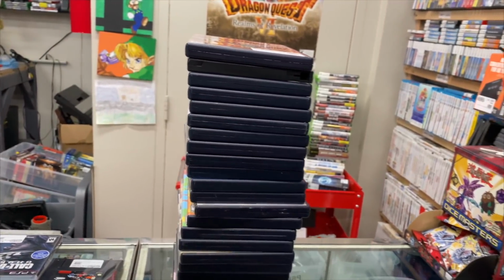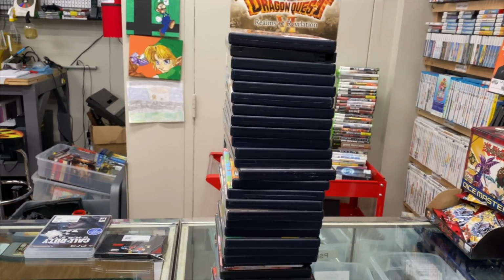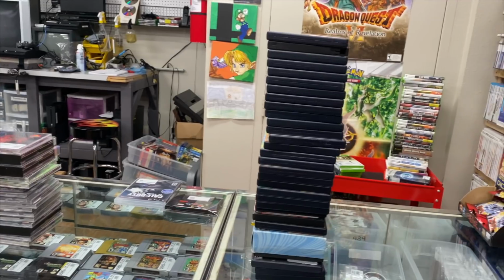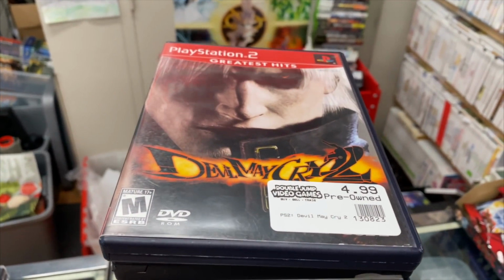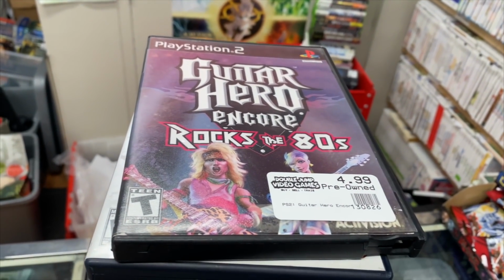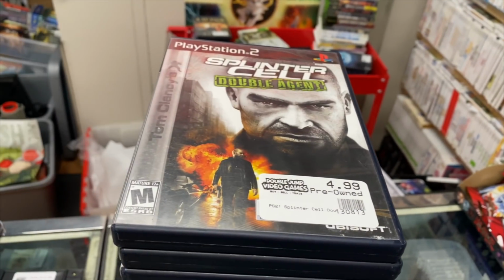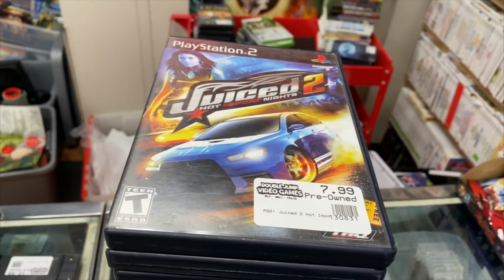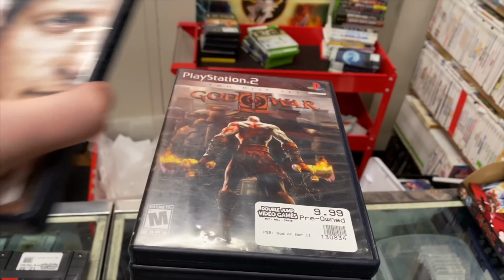The reason I saved PS2 for last is because it has more expensive games, but also quantity-wise, there's obviously just way more. But there's also more cheaper ones. So, starting off from the cheapest game, we have Devil May Cry 2, Guitar Hero, Encore, Rock the 80s, Metal Gear Solid 3, Splinter Cell, Double Agent, Juiced 2, Tony Hawk's Project 8,